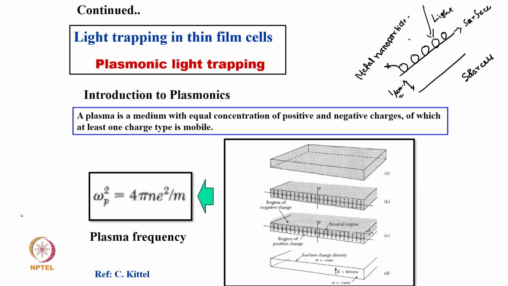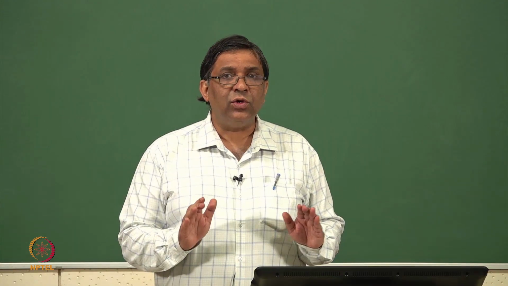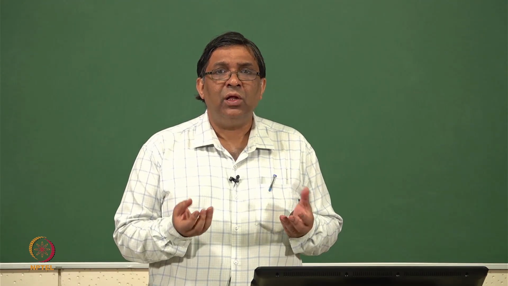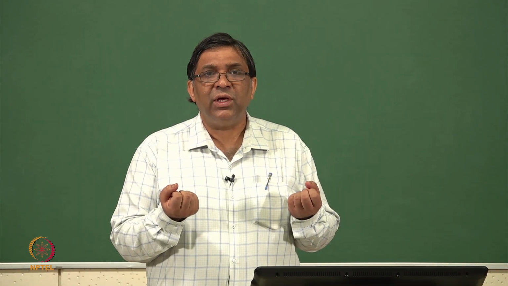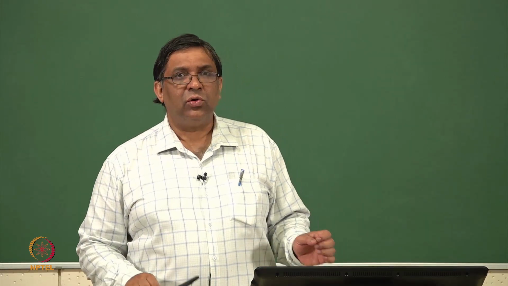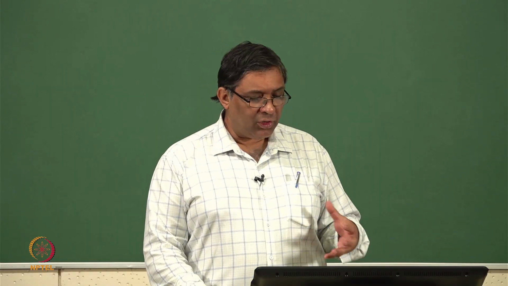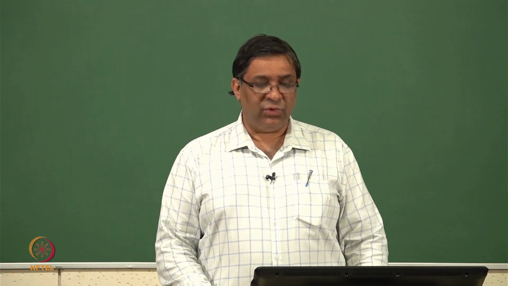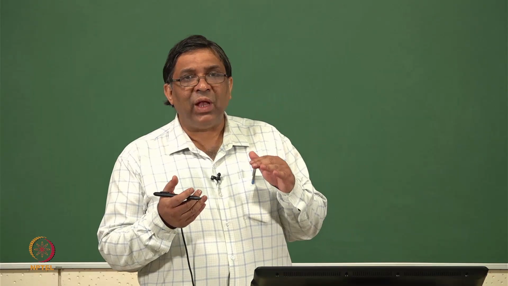Light falls on this metal nanoparticle. So why do I introduce metal nanoparticles? I do not make texturing because texturing, as I told you, is difficult for thin film. But how will this metal nanoparticle on the solar cell effectively increase the light trapping? Let me go to a little fundamental, and then I will come back to a demo where you will very clearly see how this metal nanoparticle can be used for light trapping. So you can see what is actually plasmonic.